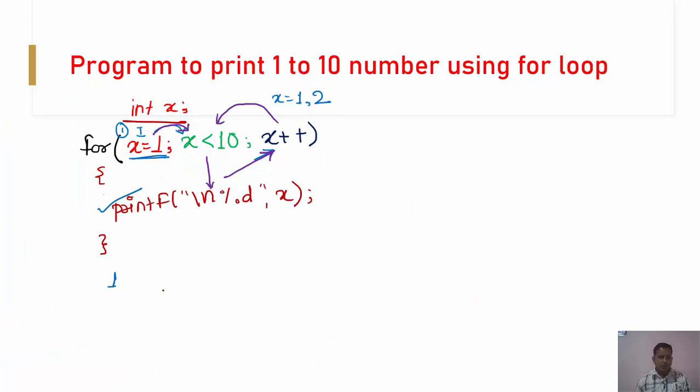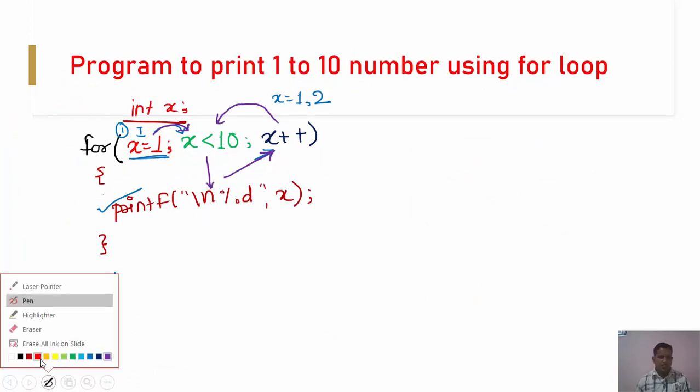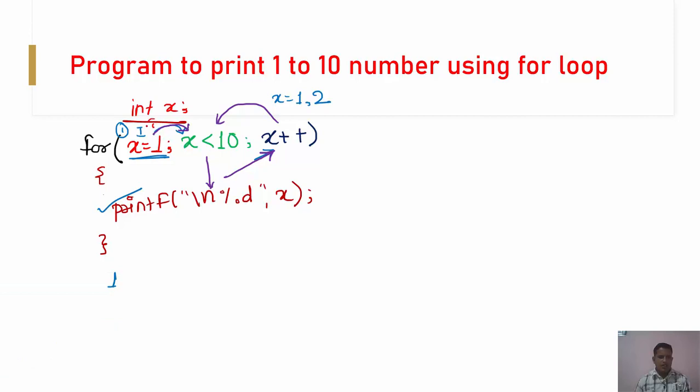If I define the sequence, this is the first, the initialization. This is the second activity, this is the third, this one is the fourth, and this is the fifth. In this way the flow works here. First execute expression 1, then test the condition presented in expression 2.